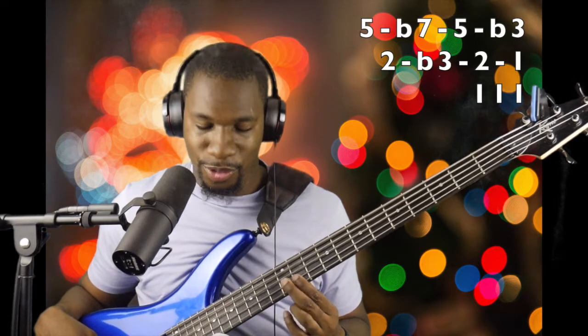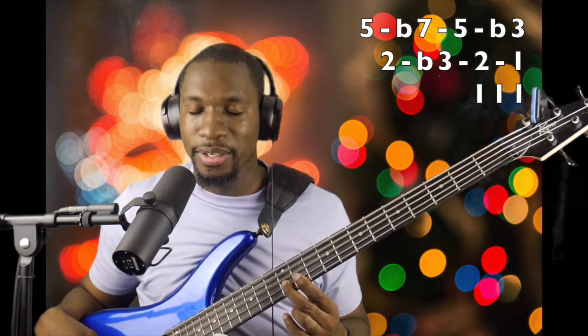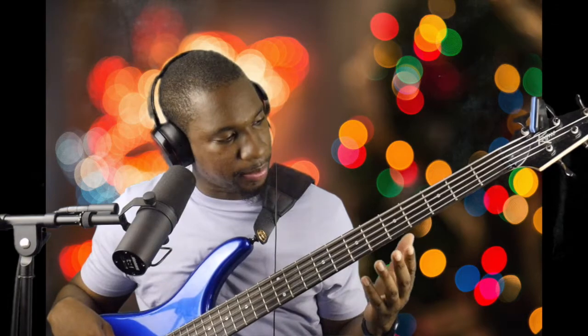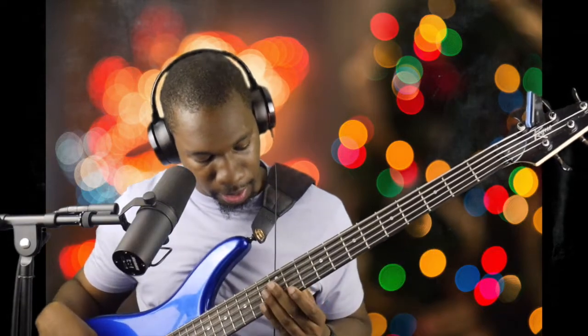So 5, flat 7, 5, flat 3, 2, flat 3, 2, 1, then your low 1, your 2 low B flats. Now if you're not detuned, you could always go here. You could always do that. Okay. That fret is going to be different for you, but you could always go to the B flat on your E string. Okay, so again,